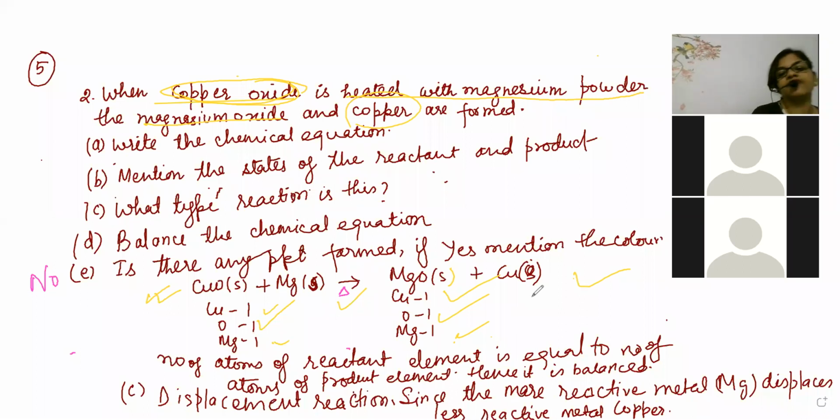So is there any precipitate formed? Since we are seeing in all the states, copper oxide is always solid in room temperature. So copper oxide solid we have written, magnesium is a metal and magnesium is solid in room temperature. We know that no aqueous, it is not getting mixed with anything. It directly went for burning. So magnesium will react with oxygen of copper oxide and form magnesium oxide, and copper will be separated out because copper is less reactive. I hope you might have understood now, beta.